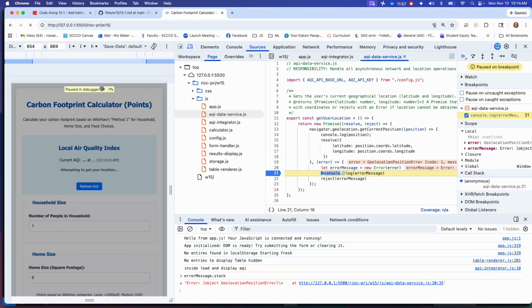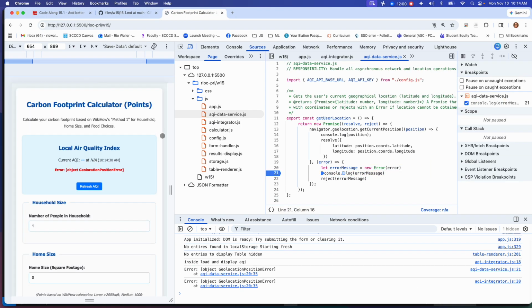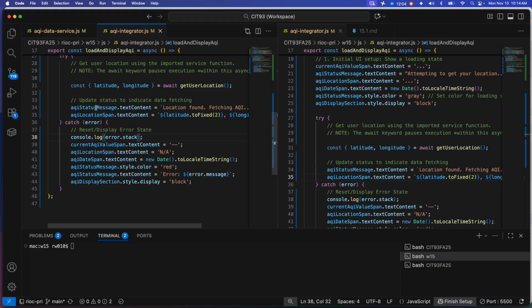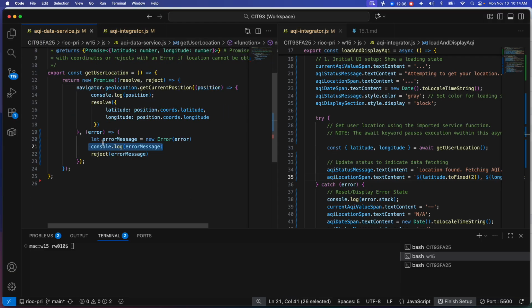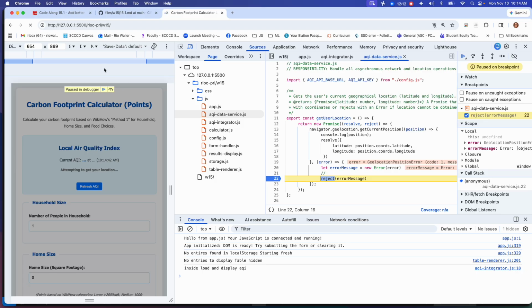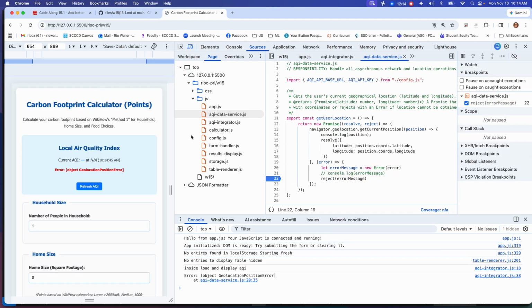Let's see if that's the case, right? Okay, now in this case, we actually saw it here. Let me get rid of it here, just so it doesn't show up twice and make us wonder why. Okay. So now in here, I see it coming out of here,